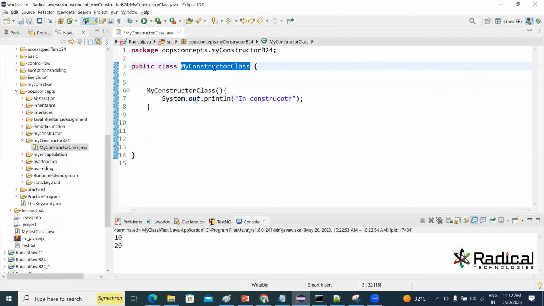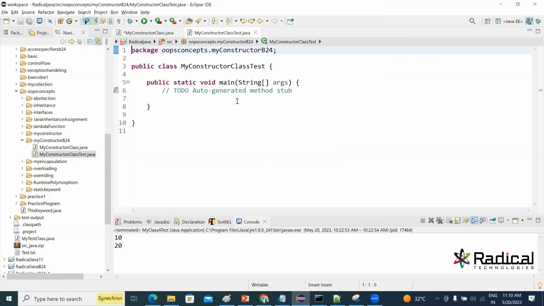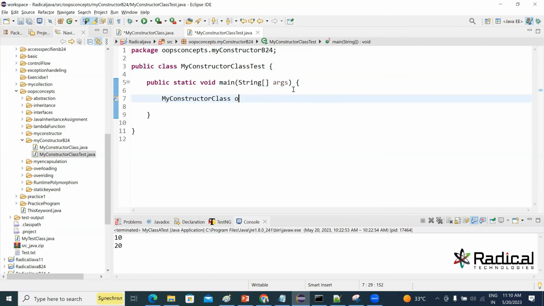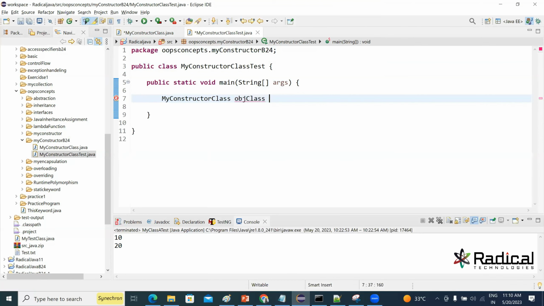क्योंकि मैं बस ये समझने की कोशिश कर रहा हूं कि object creation कैसे होता है। दूसरा क्लास बनाया मैंने टेस्ट वाला जिसमें main मेथड है, ओके। obj class is equal to new... ओके ओके। अब क्या करें, उस कंस्ट्रक्टर को कॉल करें, ओके।